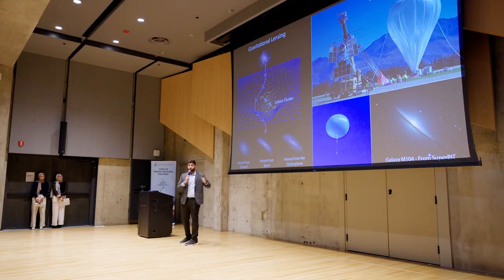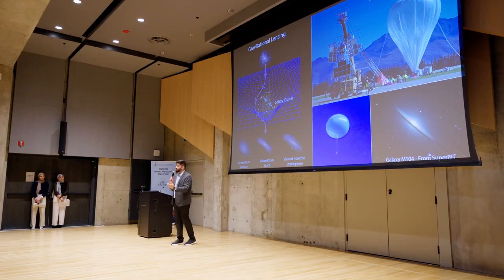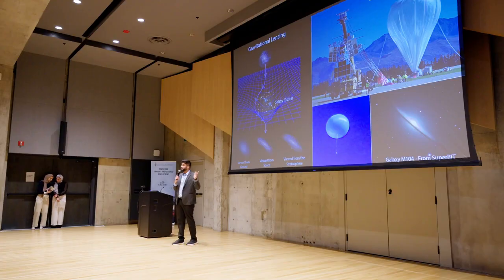So when you do the math, when you try to see how much mass there is in the stars and galaxies in a cluster, you'll see that they only account for 15% of the mass that's causing the bending. So the other 85% that's causing the bending is this dark matter. And we only call it dark because we have no idea what it is, but we can see its effects